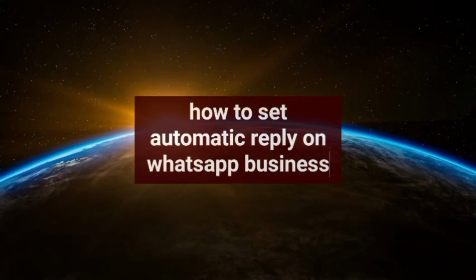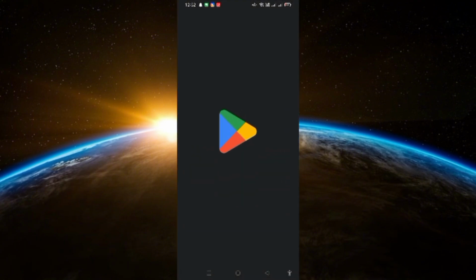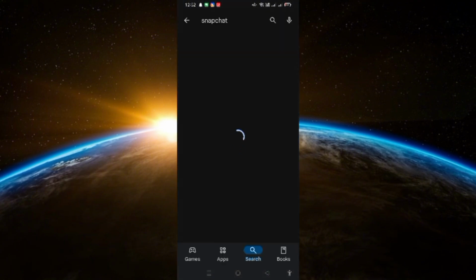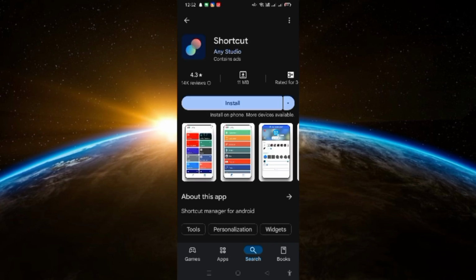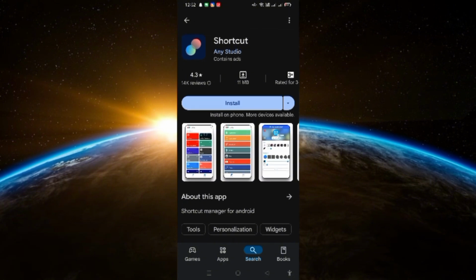So, how to set up automatic reply on WhatsApp Business? Well, it's really simple, so bear with me. On your App Store or Play Store, whichever it is, I'd like you to download this app right here, which is Shortcut. And once you're done with installing this one, you just basically click on allow